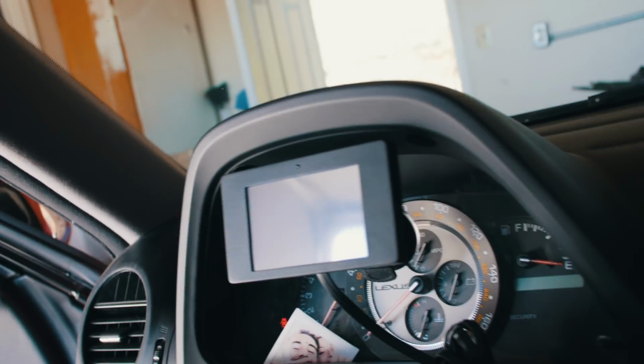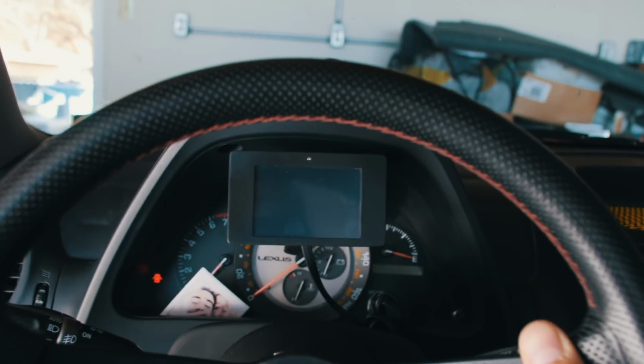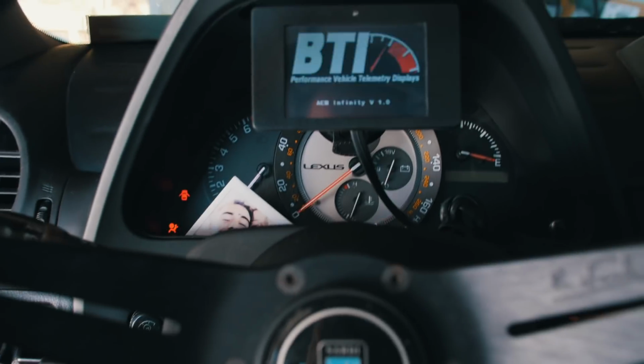All right, it's mounted, plugged. Actually looks kind of good. Let's see with the steering wheel if it sits nice. Oh, that's kind of cool. So we'll start off with that, and then I can move it after that. So let's see, once we plug this car up, if it...